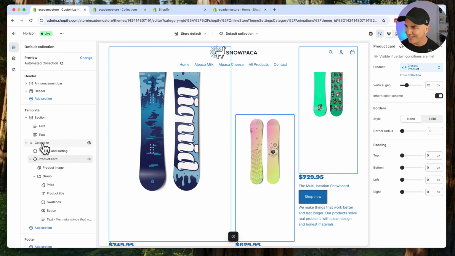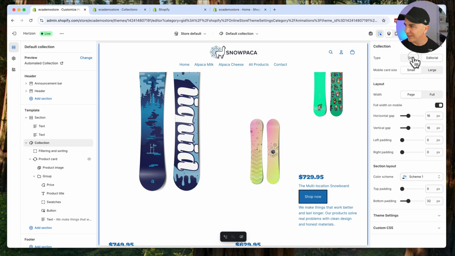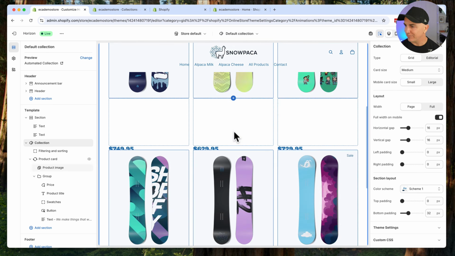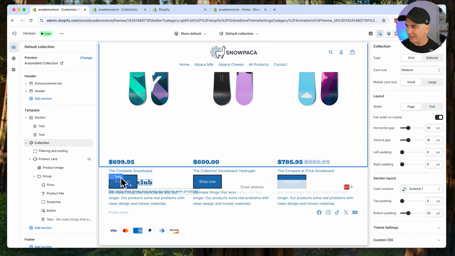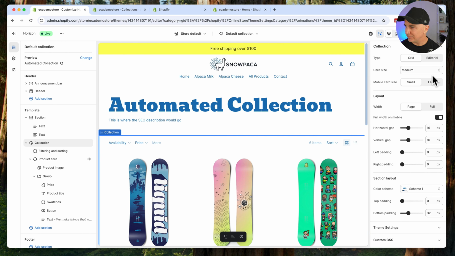And let me just change this layout because this layout's annoying me. I'm going to change the layout of the collection. I actually don't like the editorial anymore. I'm going to go back here. This feels a bit better. Now, I think I've actually added a little too much to this one. As you can see, this is not looking that great at all. I'm just going to click